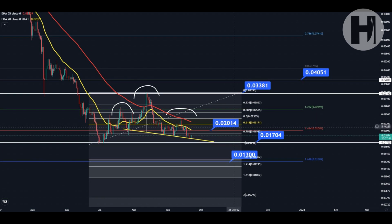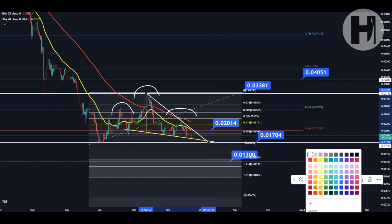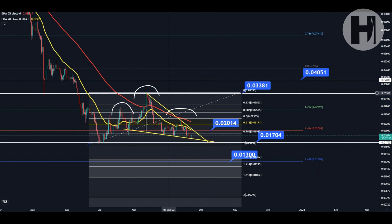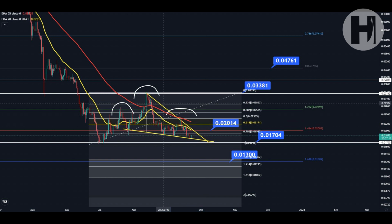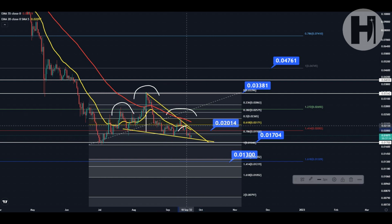at cheaper prices. Also, what I've noticed is that we are in this falling wedge pattern here, a perfect falling wedge pattern that we're going to be targeting, and the technical target from that is going to be at 0.03381, because that is exactly where the pattern was created, as you can see here. So in these falling wedge patterns, we tend to break to the upside impulsively, and especially for breaking a multi-week diagonal resistance trend line, I would expect some sort of a break to the